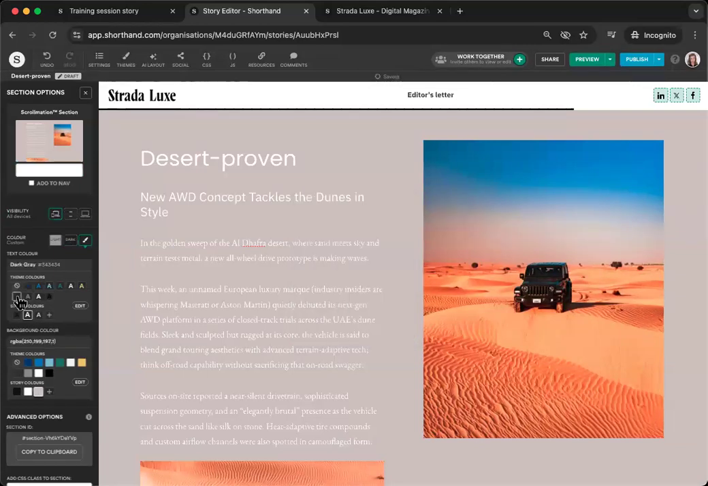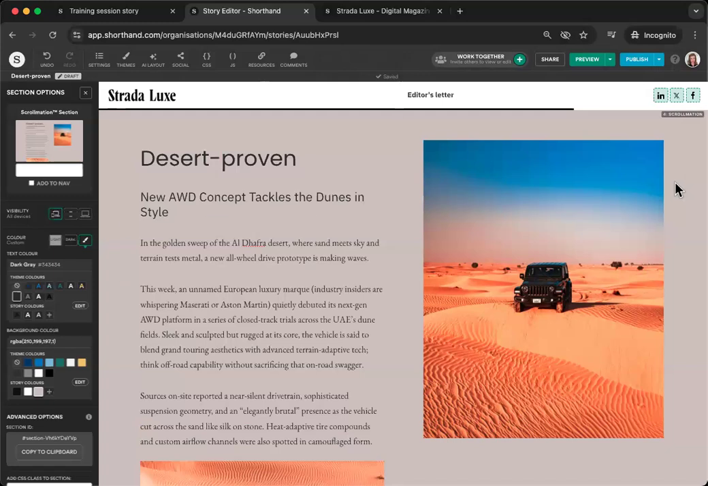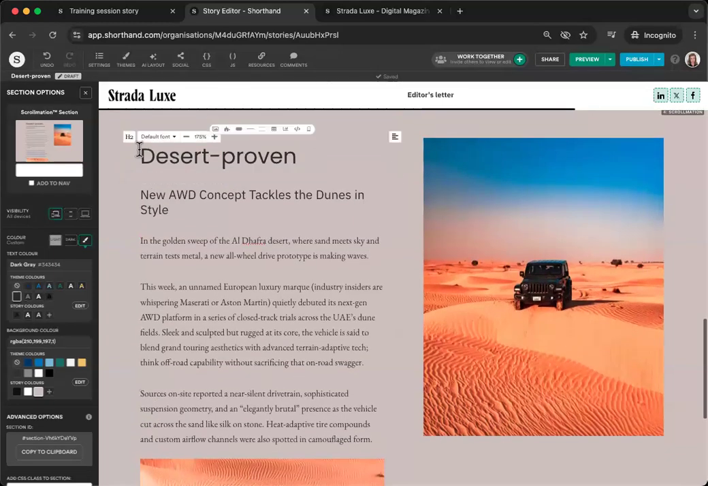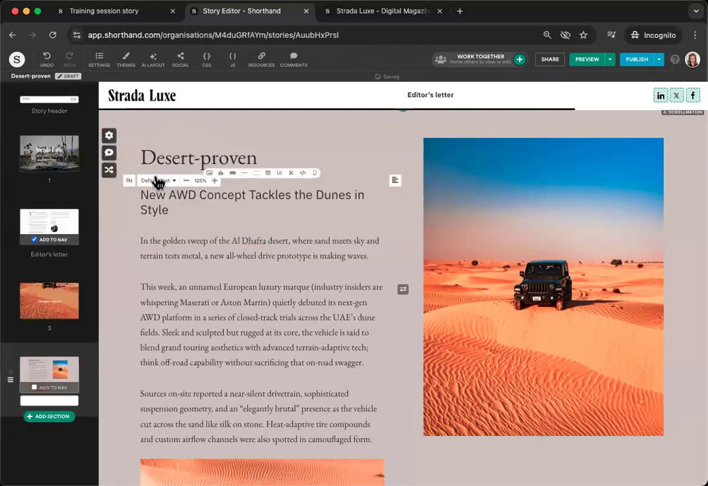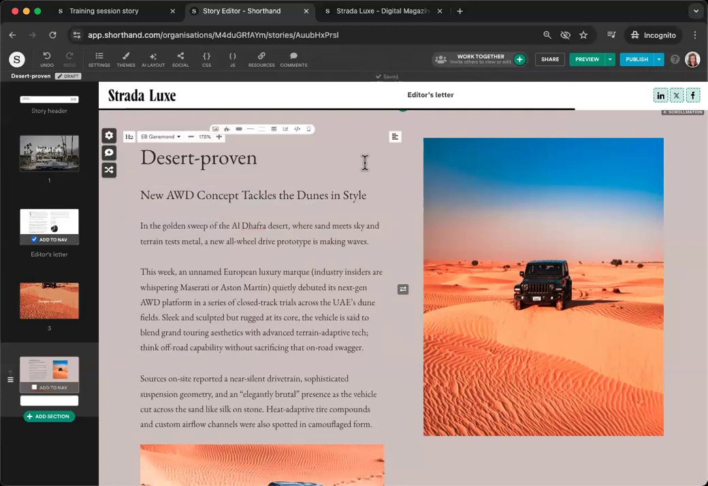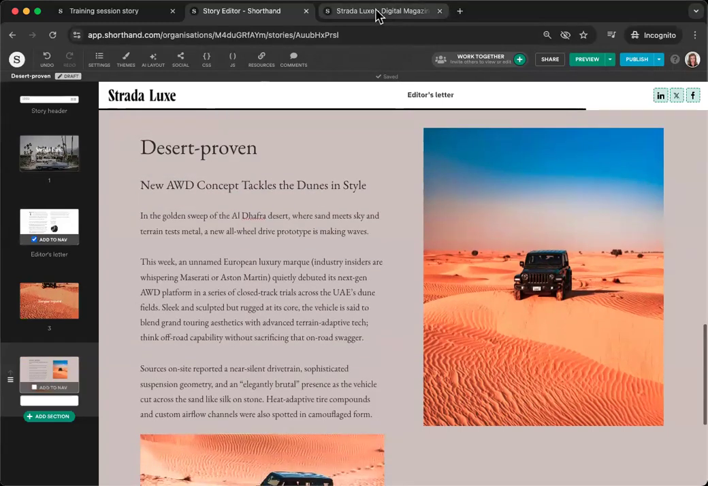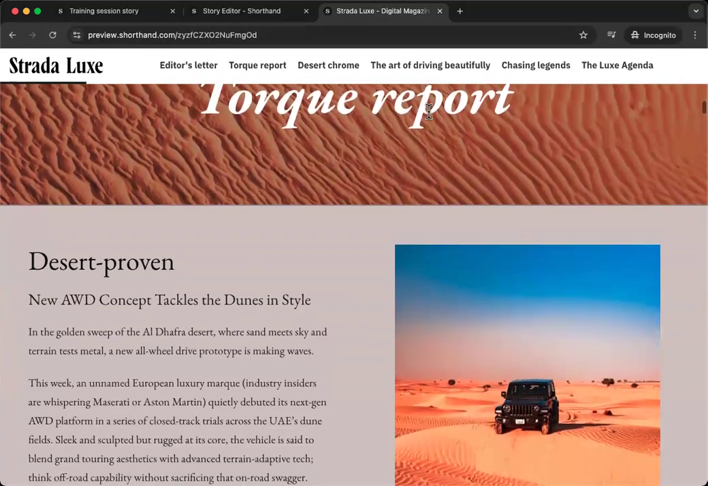And let's keep our text black. Here we go. So we now have our first scrollmation section. Now I also want to change the font here. Heading back to the finished magazine,